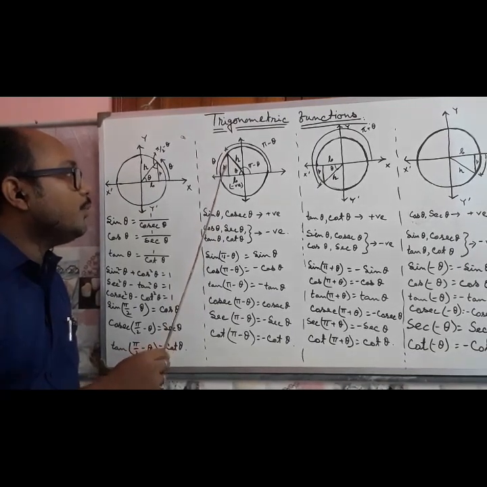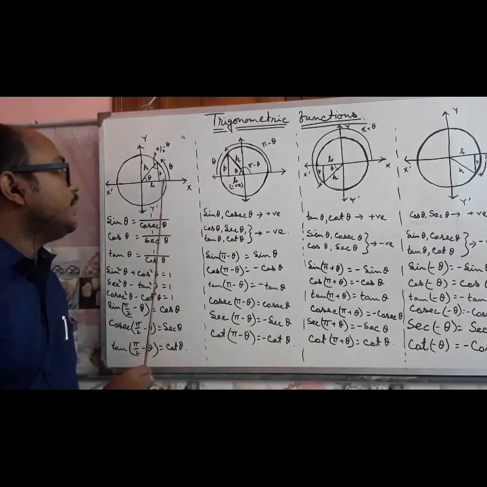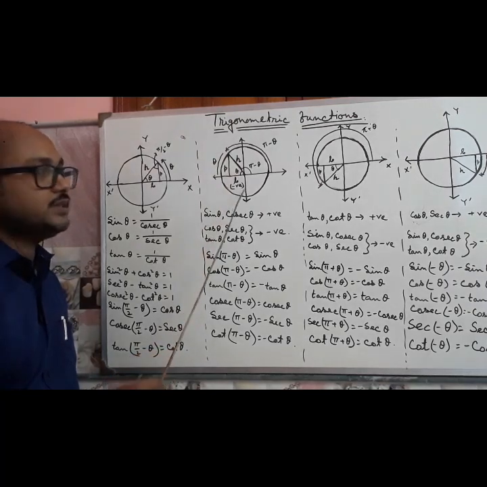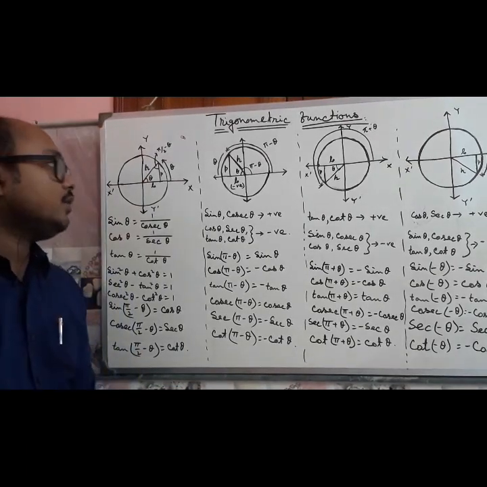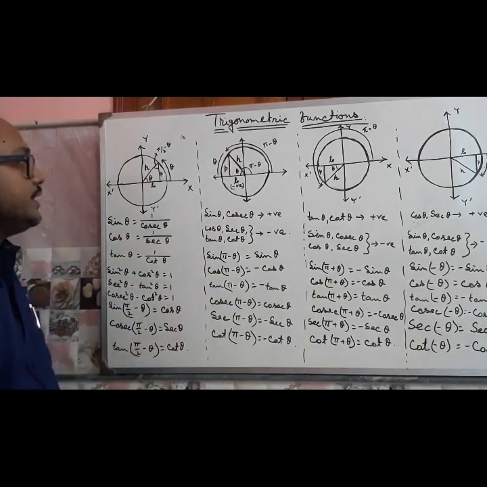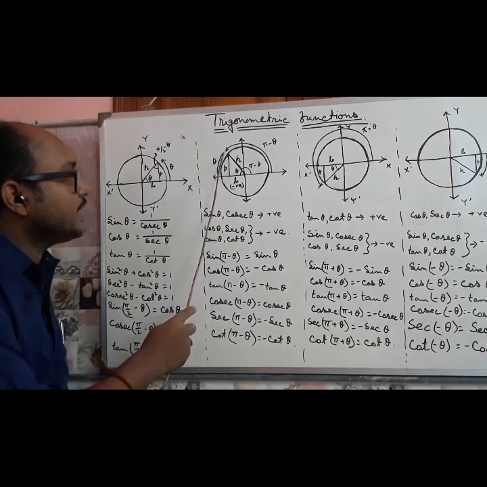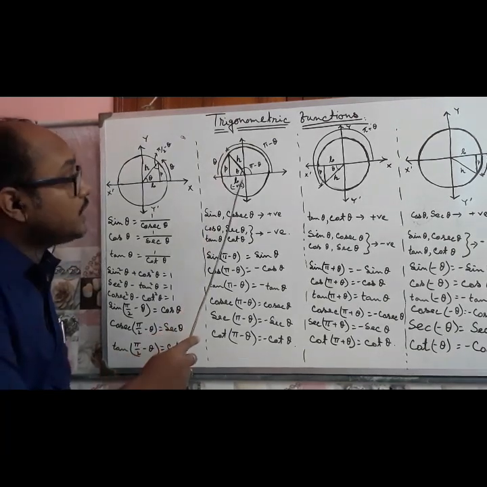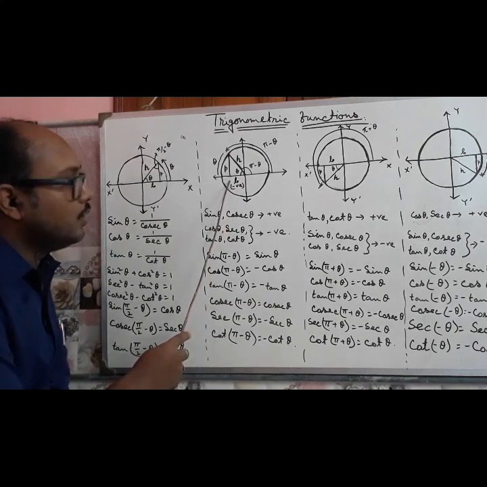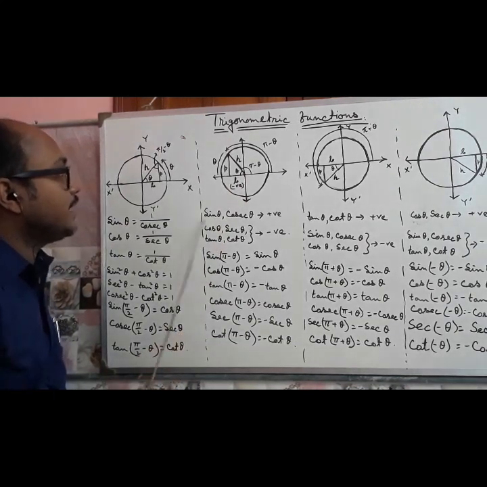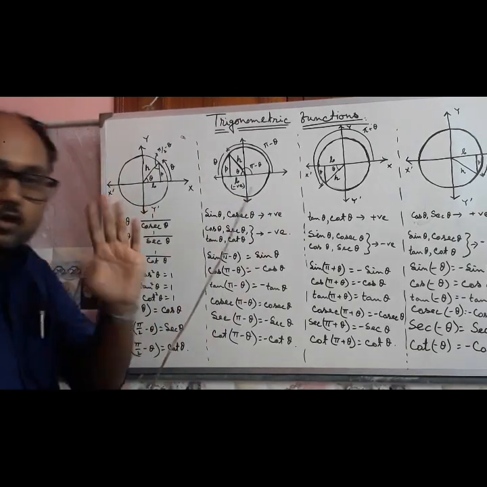Again the right angle triangle formed here, the base is same with this base, perpendicular is same with this perpendicular, and the hypotenuse, that is the radius of this circle, that will be 1, as we took unit circle. Now you see this perpendicular is measured along positive direction of y axis, so it is positive, but the base is measured along the negative direction of x axis, that is base is negative, and the hypotenuse, as it is the radius of this circle, is always positive.